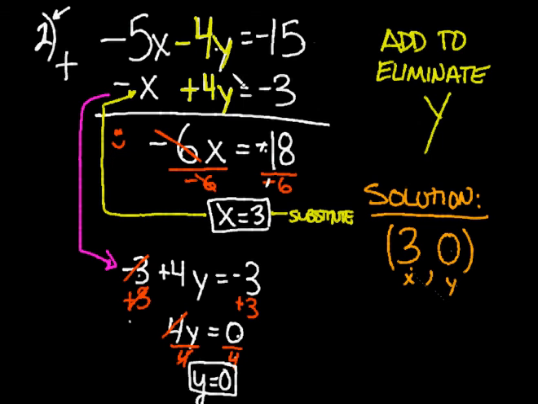We add these together to eliminate the y, so we end up with this nice, happy, simple equation. And then we figure out what x is. Once we know what x is, each one of these equations up here, this x, we know what it is. It's 3. This x up here is a 3. So you just solve either one of these top equations for the y to get what the